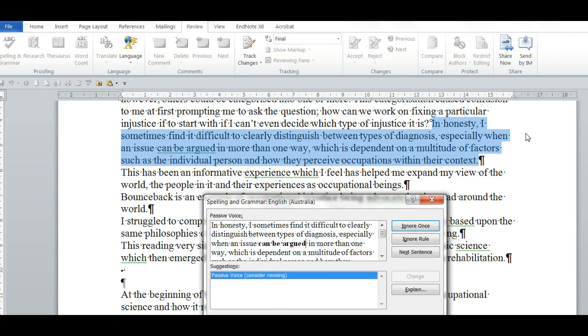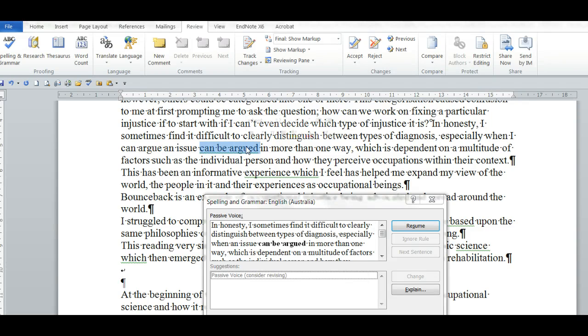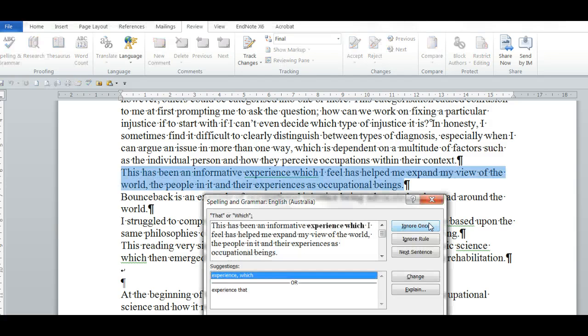So especially when I can argue an issue in more than one way. Okay? So resume. And this was a place where I kept seeing this in many of your papers, where you